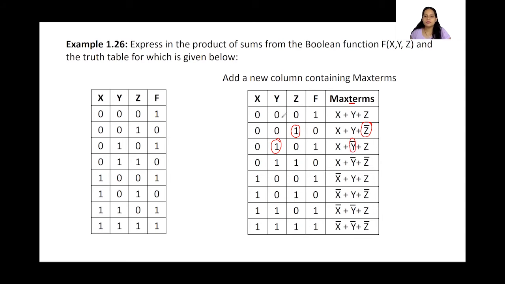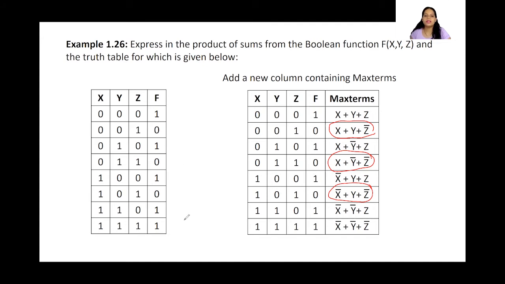So first thing is, irrespective of whatever the output is, we are going to write the max term for all the rows. The next step is, wherever there is 0 in the result, okay, f is nothing but the result, wherever there is a 0 in the result, those max terms we are going to multiply. Now where do we have zeros here? We have over here, okay, and then here. So in 3 places we have zeros.